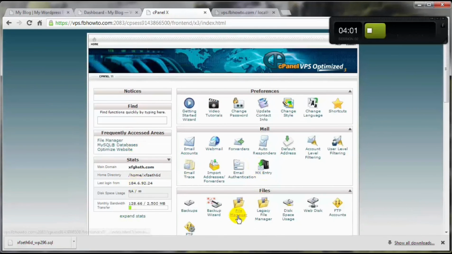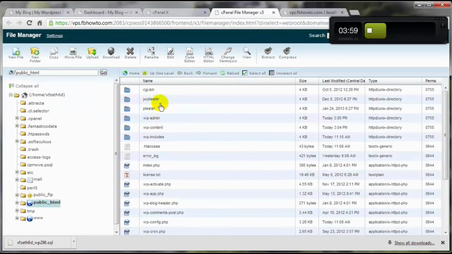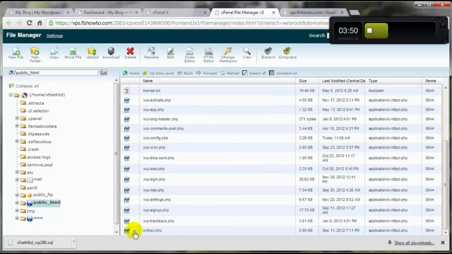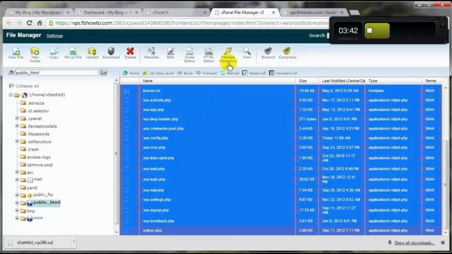Come on up to the File Manager. And these here are just other folders or other directories, have nothing to do with this WordPress install. This one does, and I'm going to go all the way down to the bottom here, holding the Shift key on my keyboard down, and then select the bottom file, and that selects everything. Or you could just click on this guy here to select everything, and then come up here and click on